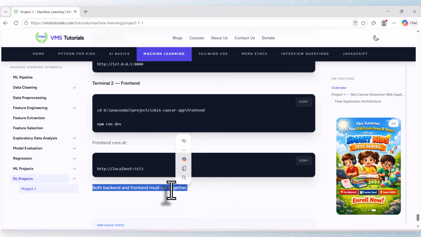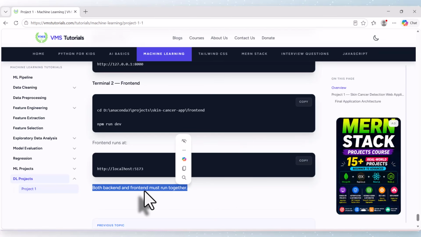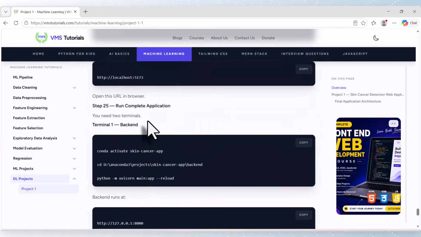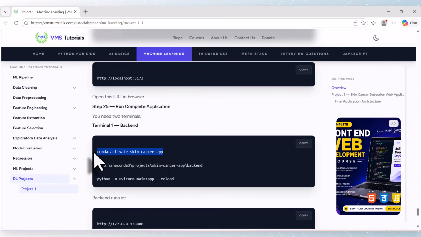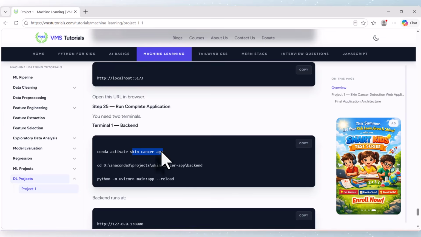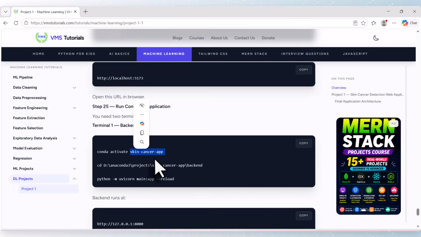I ensure that when you are executing the front end, the back end must be running. Also, another important point: when you are executing this, activate this environment, because everything you have installed is inside the skin cancer app environment. If you want, you can give any name also, not a problem. You just need to install everything in one environment and activate that environment